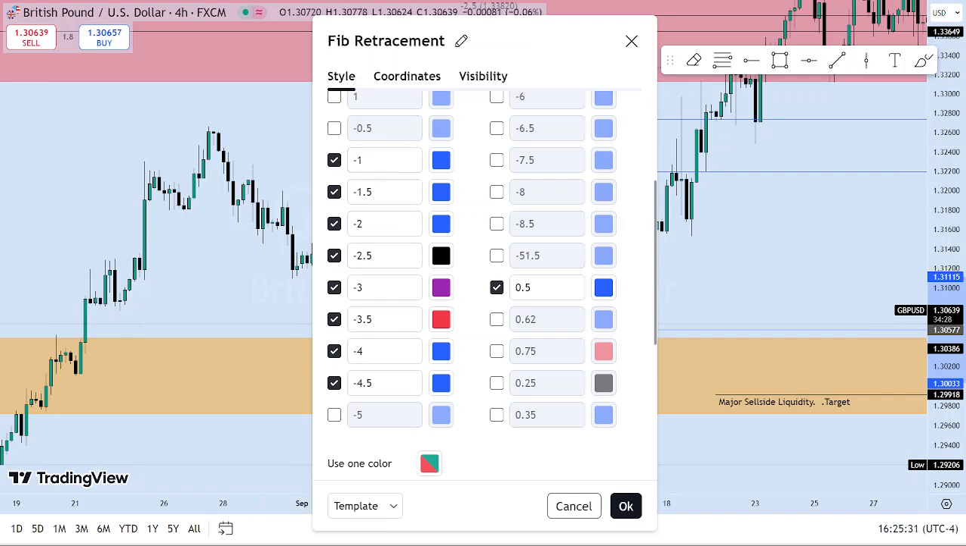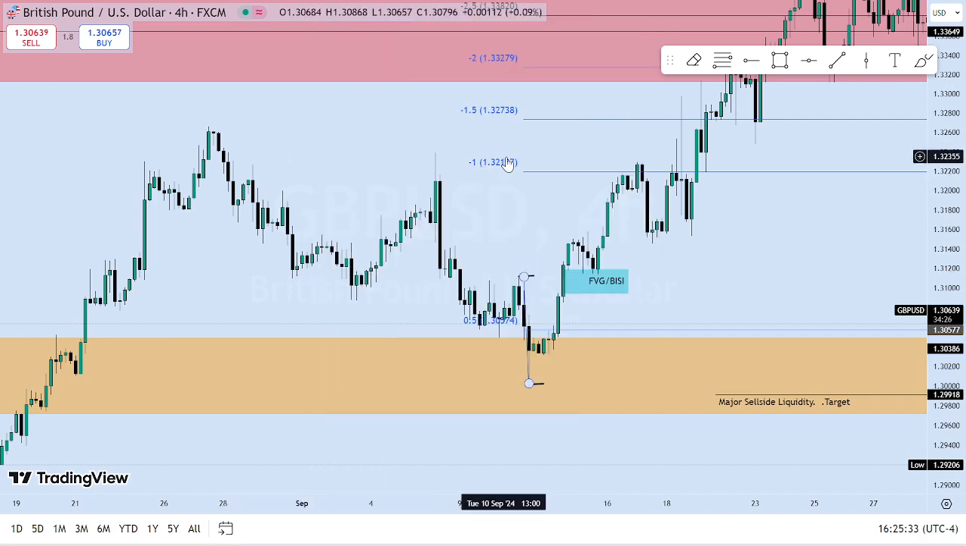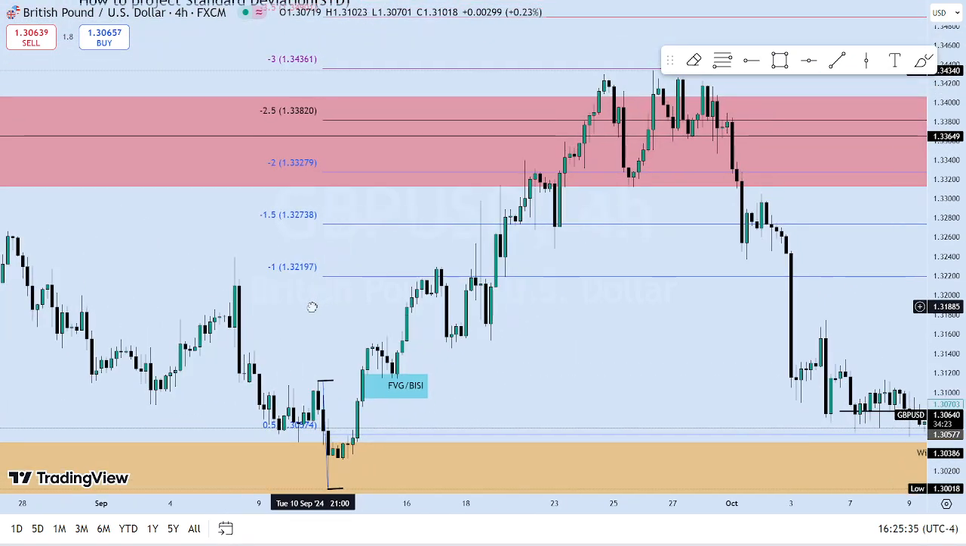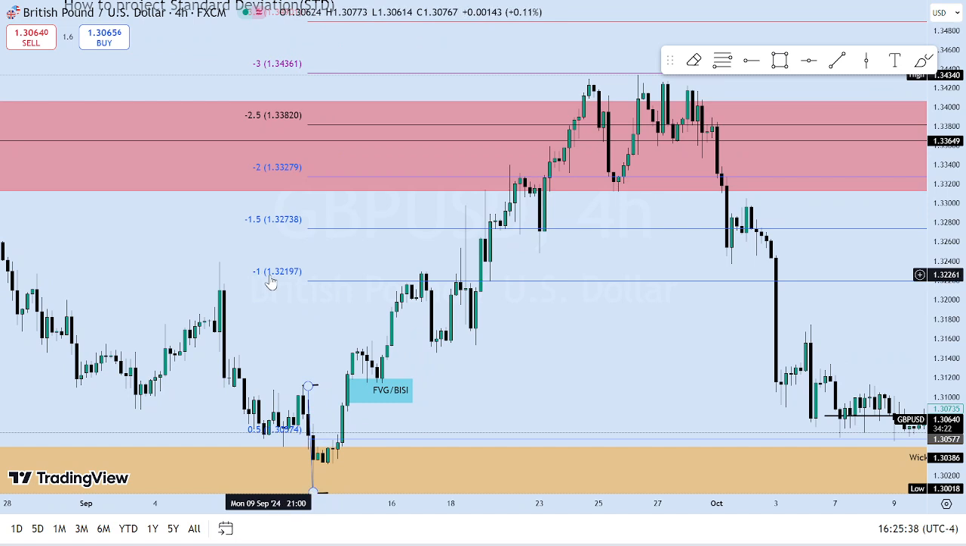As you have marked it like this, if you come here at your chart, you will see it now. All those minus 1, minus 1.5 standard deviation, minus 2, minus 2.5. So you always target this minus 2.5 for your take profit,